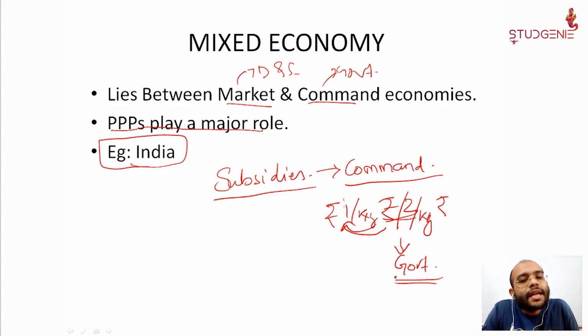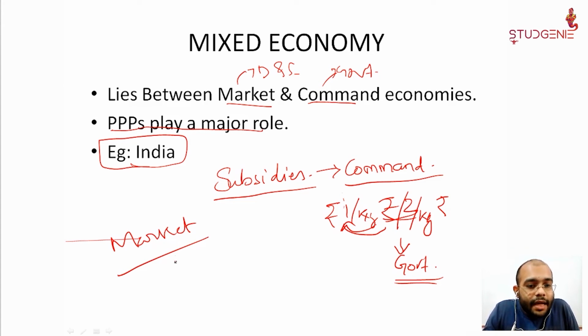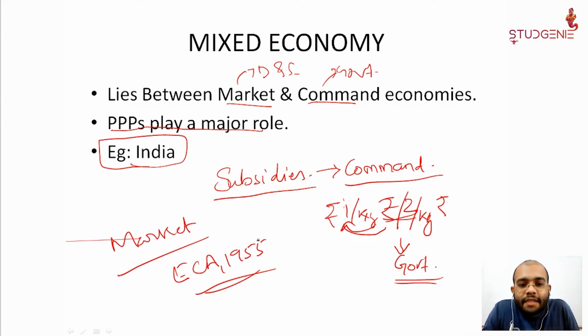Government has fixed these prices. Therefore, it is a part of your command economy and a part of market economy. The best example is the finishing of the ECA Act of 1955. Recently, the government finished it, the Essential Commodities Act of 1955, which was sealing the prices of some of